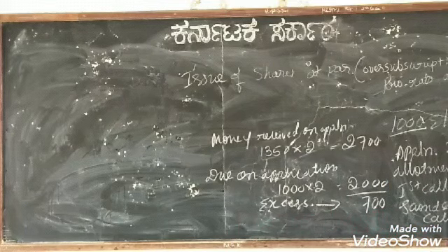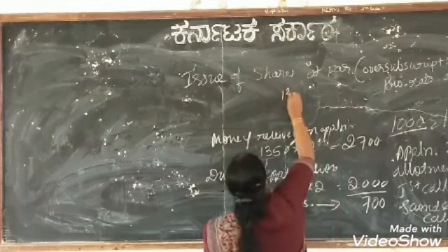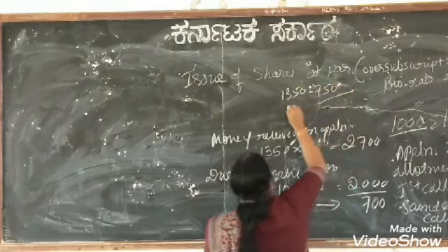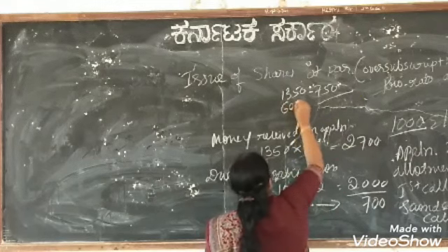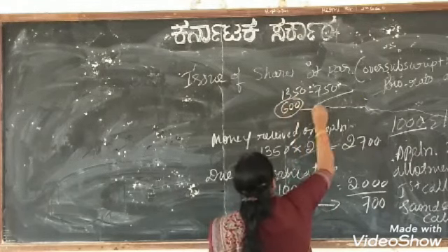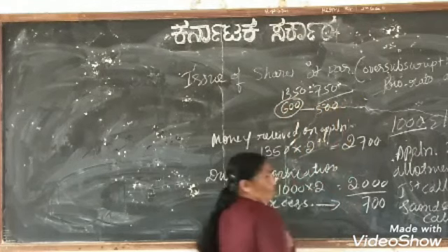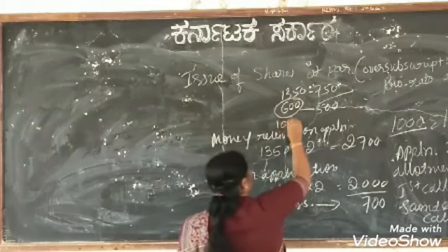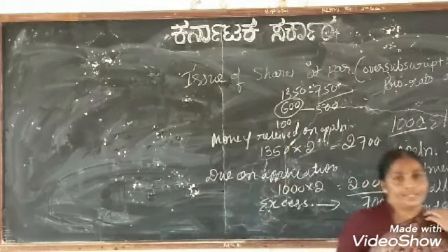Again, what they say is, how many shares were there? Out of 1,350 shares, 750, I told you, out of 1,350 shares, 750 shares were issued in full, and then the remaining 600. Out of 600, 500 shares were issued on pro rata allotment basis. It means 100 shares were not allotted any shares at all.